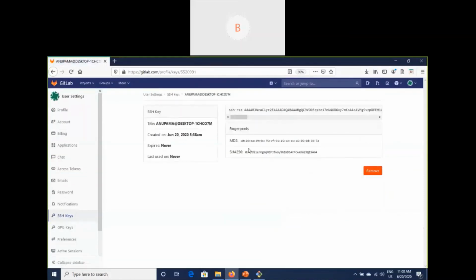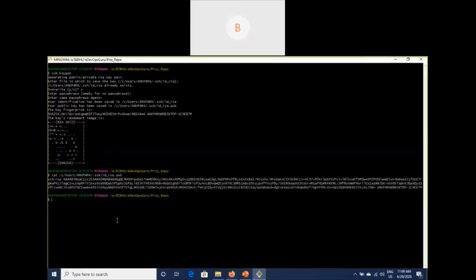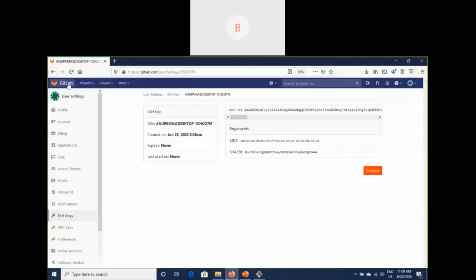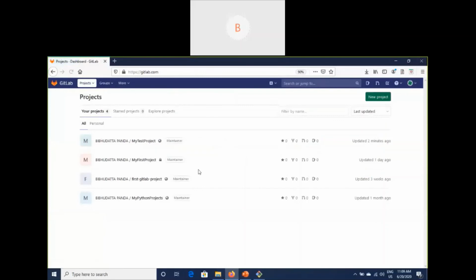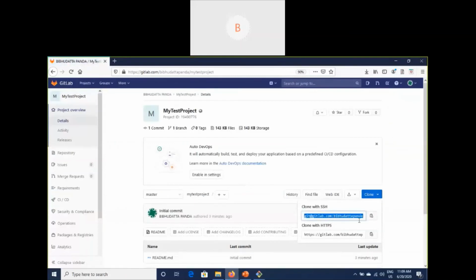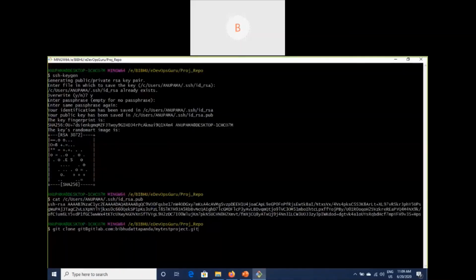So now we have added this key, and now I'm going to do git clone and the cloning path of my project. I have created my test project. Go to this, copy this URL and paste it.